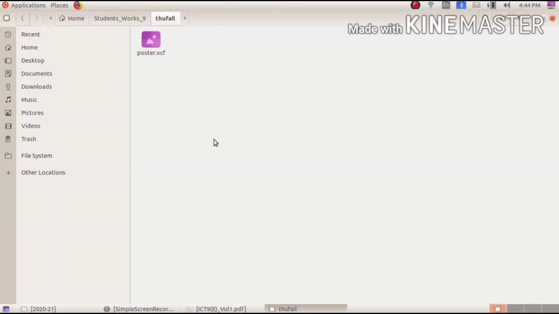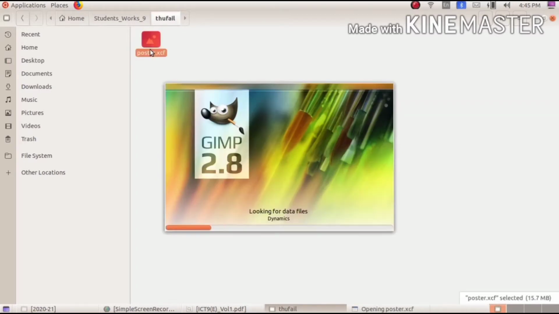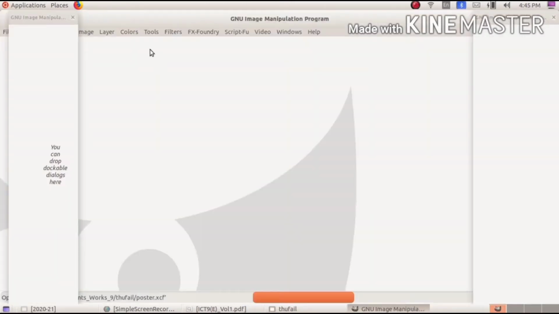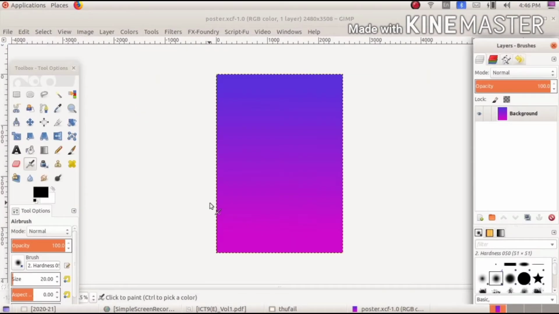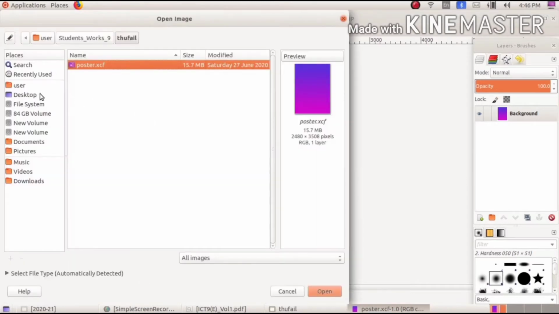Don't you remember what is the format of the file we saved? Poster.xcf. So we can start today's class from that file, poster.xcf. Now we have to bring the images into our canvas. There are two options for this. We can take it by clicking open in the file menu